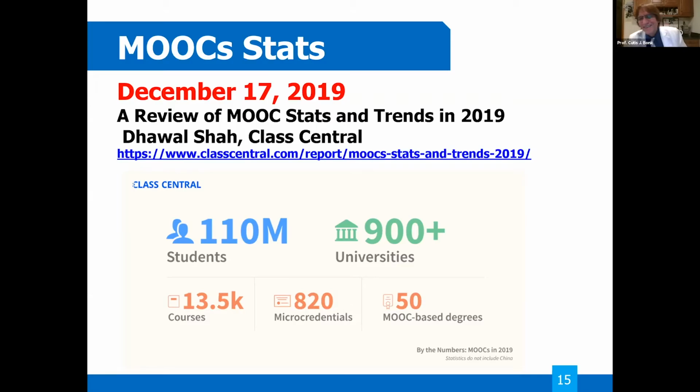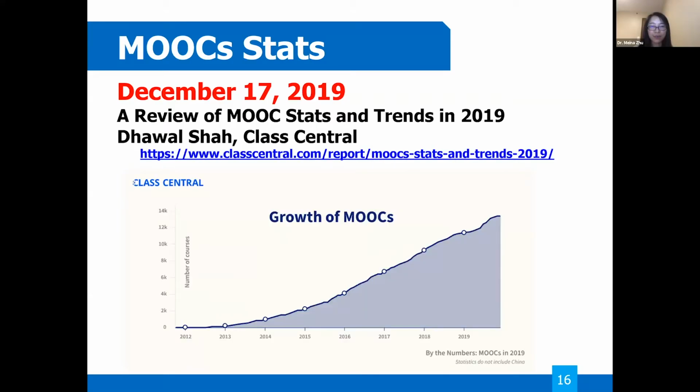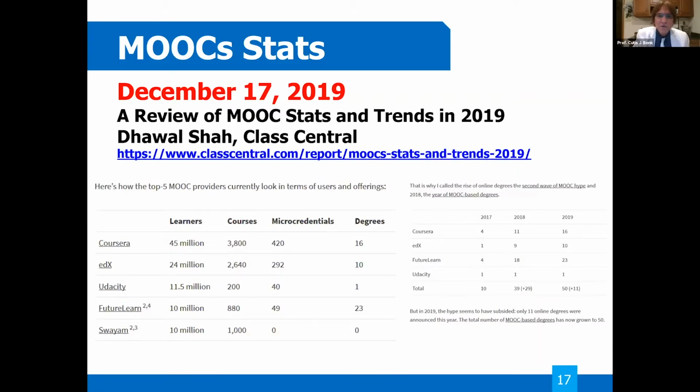Yeah, if you hit the next slide, you can see the visual. During these years, the number of MOOCs grows very fast. In just 8 years, the growth of MOOCs has taken off. And the programs are also growing. Coursera, edX, FutureLearn have grown their programs from 2017 to 2018. And credentials, micro-credentials, nanodegrees, and so forth.